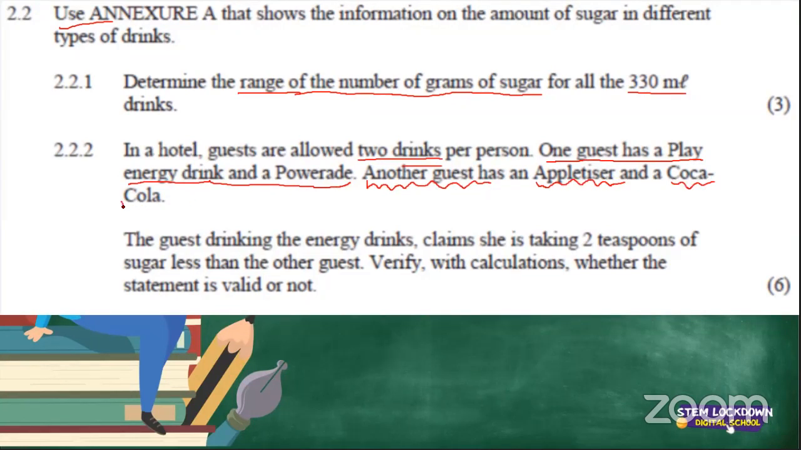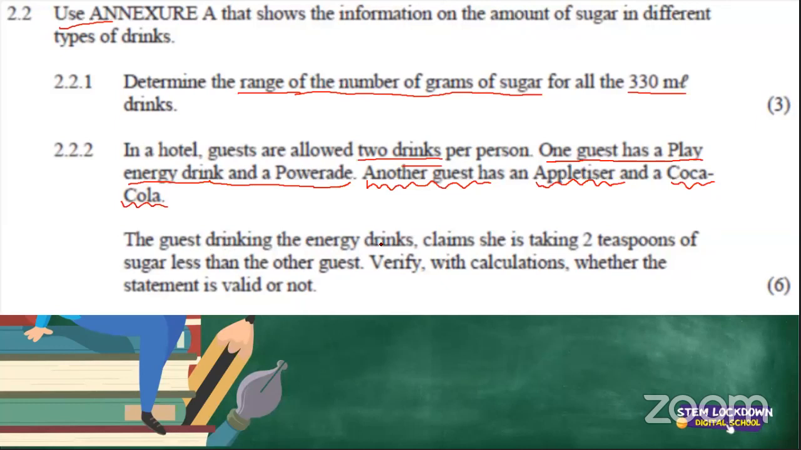Appetizer and a Coca-Cola. Okay. So obviously, if I was you, I was basically going to do my rough and write. Guest 1 has Play plus Powerade. Guest 2 has appetizer plus Coca-Cola. Right. Rough work is very important for this type of calculation. Okay. Now the question says, okay, the guest